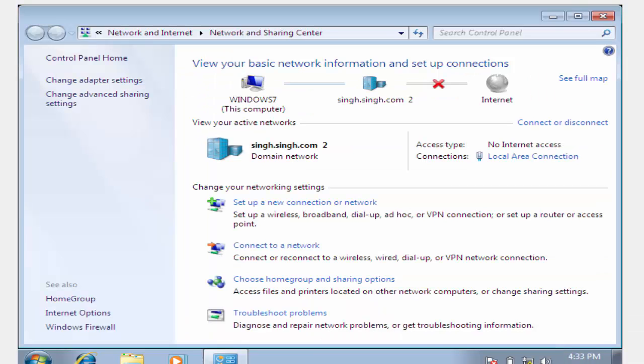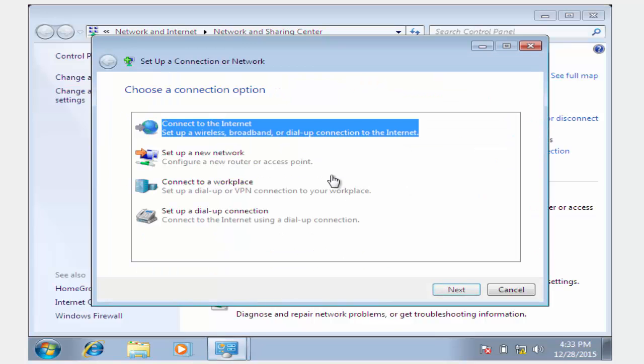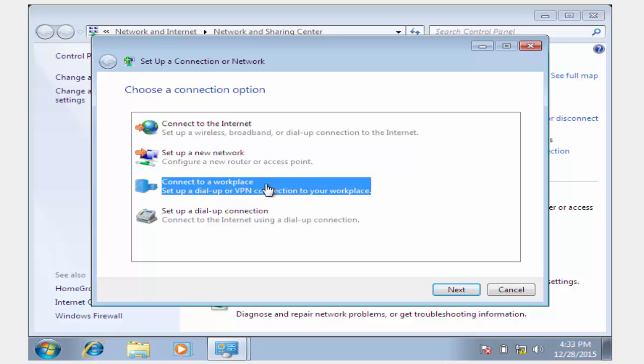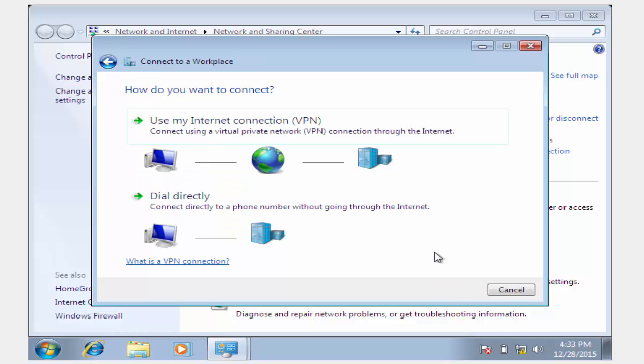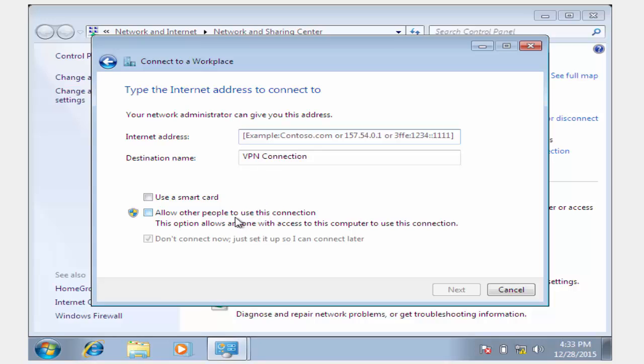Okay guys, we are about to test our VPN. Alright, what we need to do is to go into Network and Sharing Center, set up a new connection. We're going to connect to our workplace, which is dial-up or VPN connection. Click next. Alright, use my internet connection. I'll set up an internet connection later. The internet address will be our server address, 192.168.0.1,